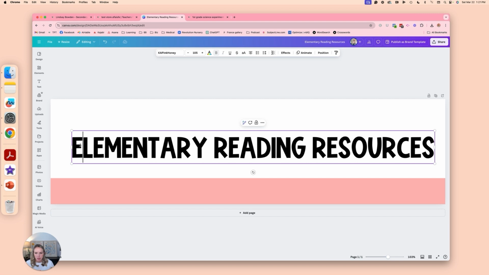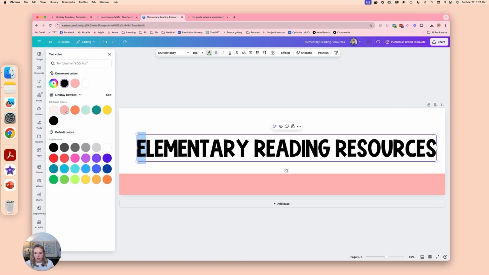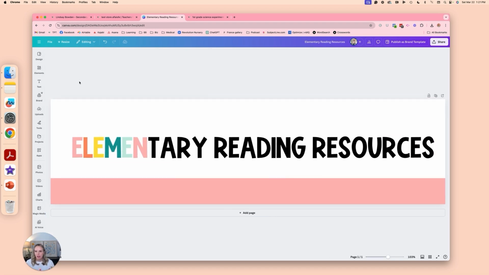Sometimes I see with, especially elementary, like they'll make each letter a different color. Bless you, elementary teachers, for taking the time to do this. But it is really cute, I'm not gonna lie. These are my brand colors, by the way, so that's why I'm using these. So you can just do that. It's too hard to see. So you can do that all the way over. You could put like a little